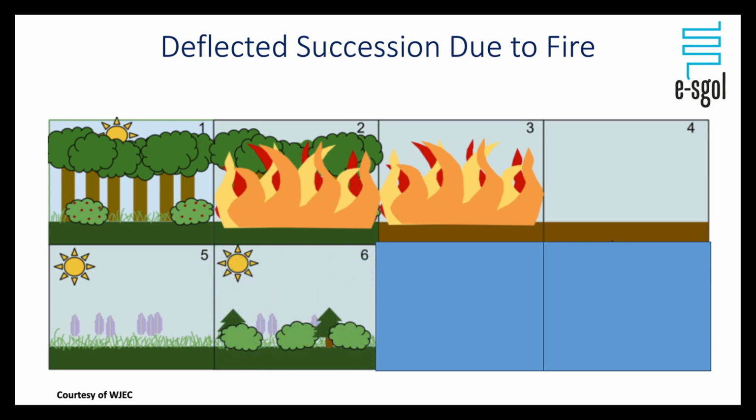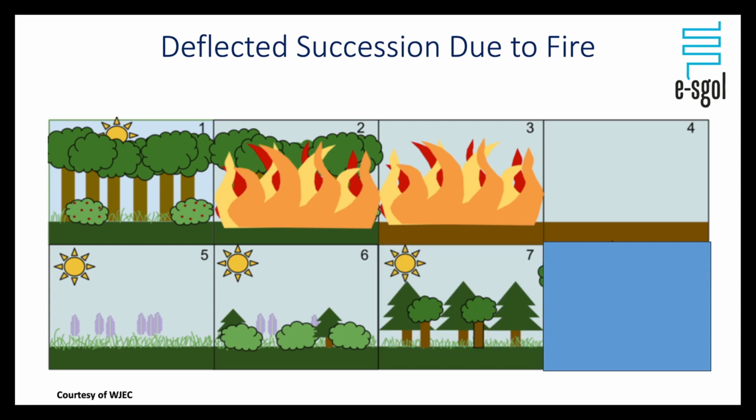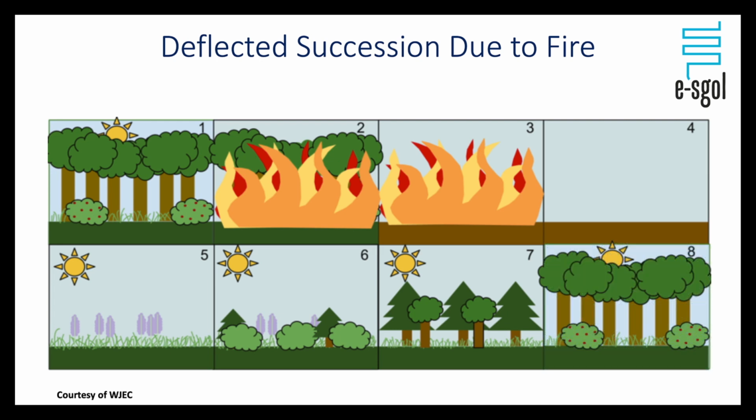There is plenty of light available for photosynthesis. As these organisms die and decompose, they are adding nutrients to the soil, and it is becoming more fertile. This enables a wider variety and number of plants to colonise the community. As seen in picture 7, there is an increase in biodiversity. Picture 8 shows a return to the climax community. It is important to note that this would not take as long as the formation of a primary community.